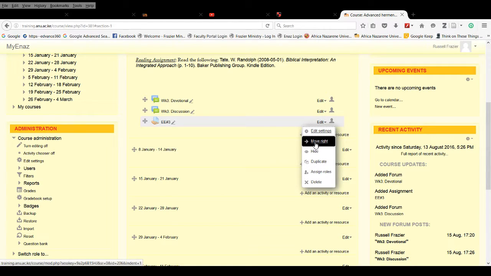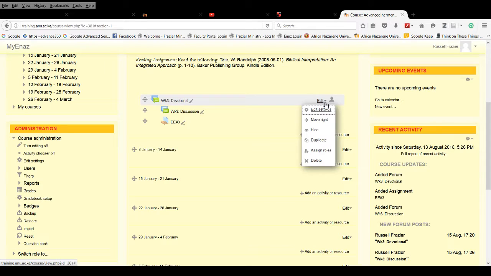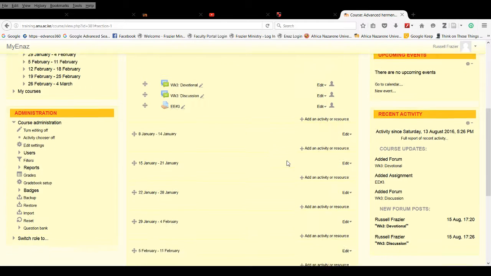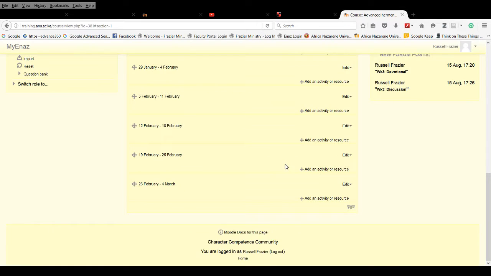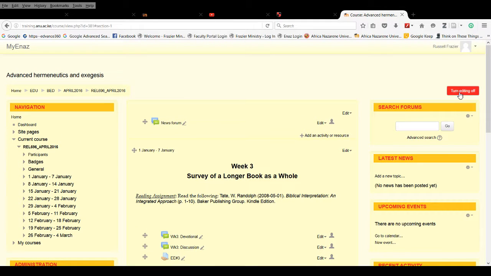But for example, if I want to move right, I can move it right and do the same here. Move right, and again move right. So that's just appearance issues, but it may be a consideration for the class that you're teaching. So anyway, let's wrap this up, and we'll go back to turn editing off,